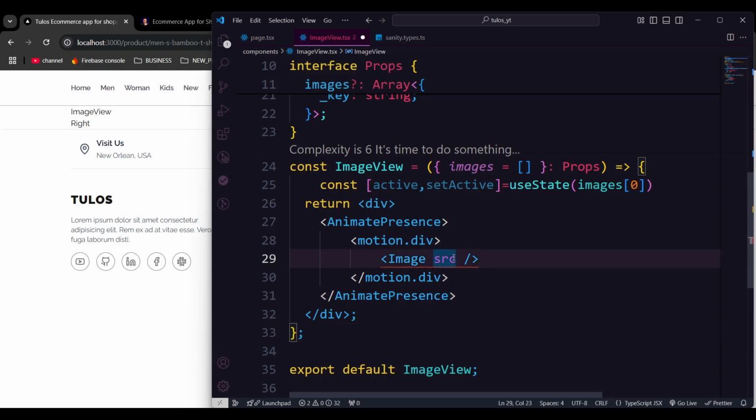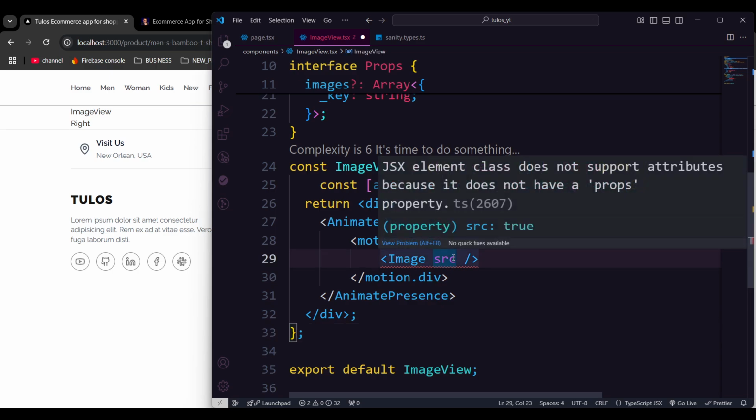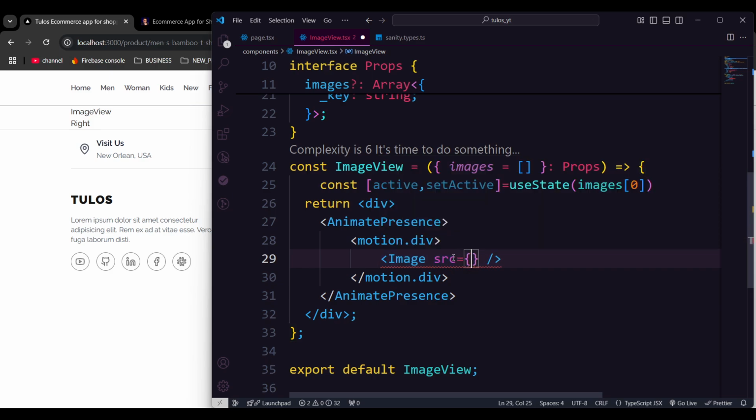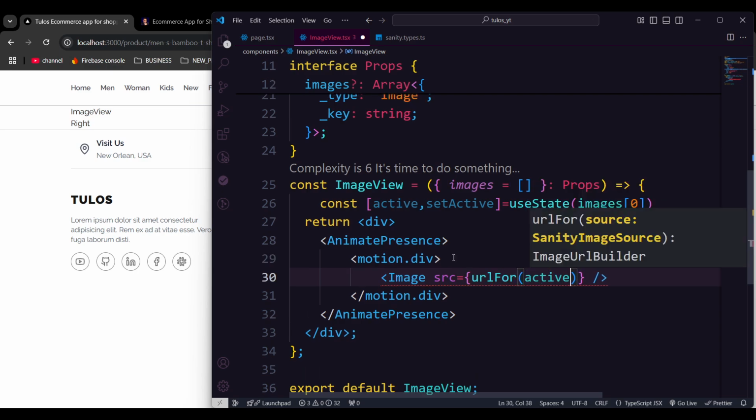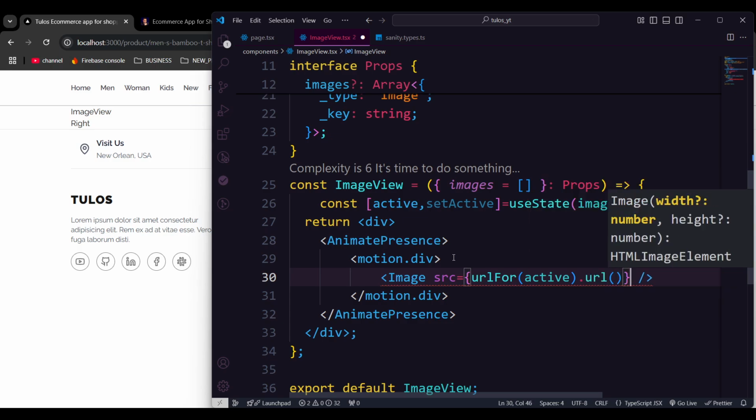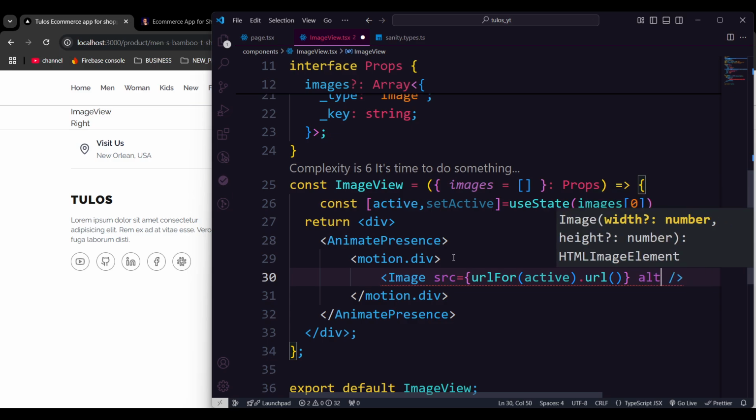In the source should be urlFor, and on urlFor it's gonna pass the active image and then grab the URL. And also the alt tag should be